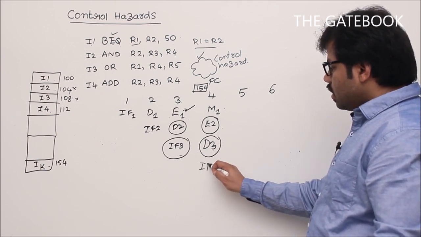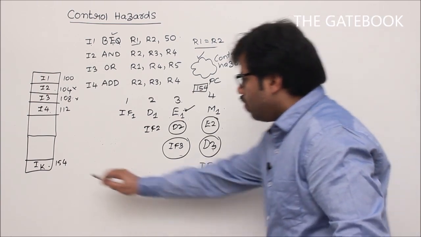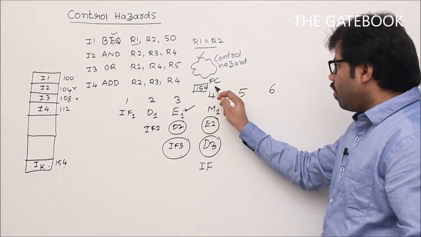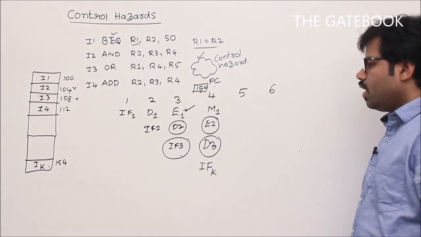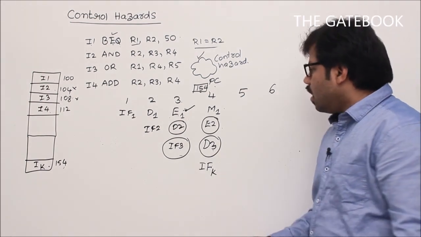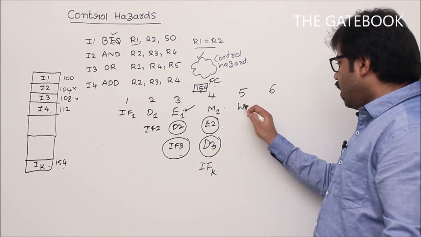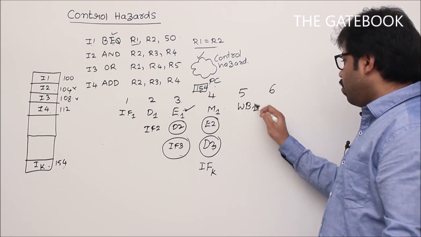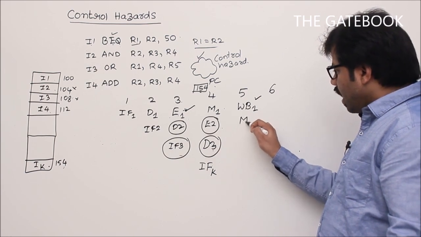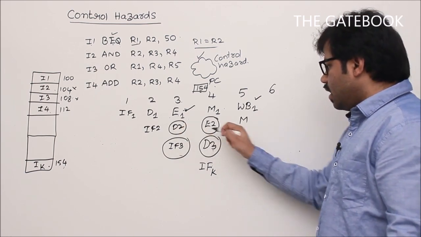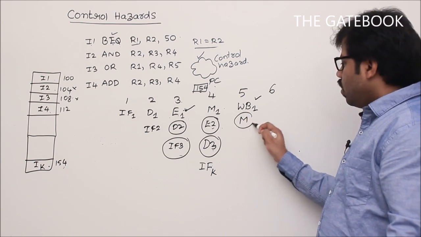Instruction fetch of 154, because by that time the program counter is already 154. So IF, instruction fetch of the kth instruction. Understand? Now in the fifth clock cycle, write back will happen for the first instruction. Perfect, it should happen. So the memory stage will happen for the second instruction, but no effect of that,